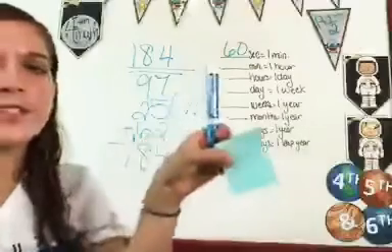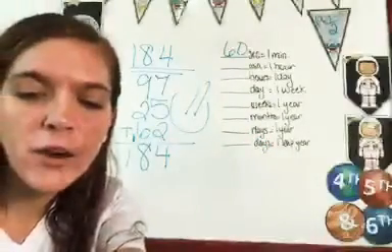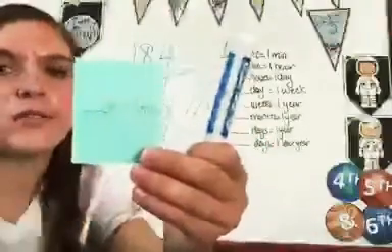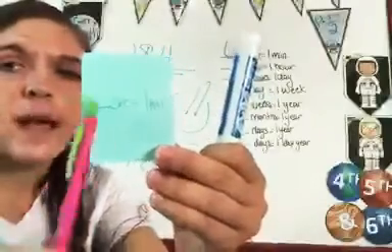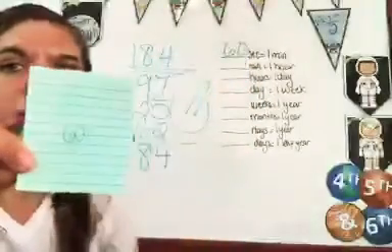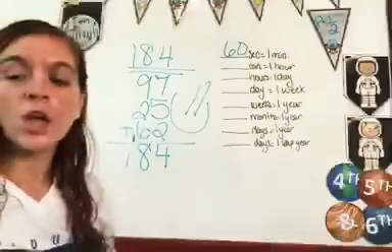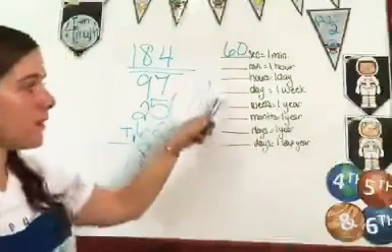You write your answer on the back. You don't want to write it on the front. How are you going to check? How are you going to test yourself? How are you going to practice them? How many seconds are in a minute? And then on the back you write 60. Okay? You're going to do that for each one of these for today.